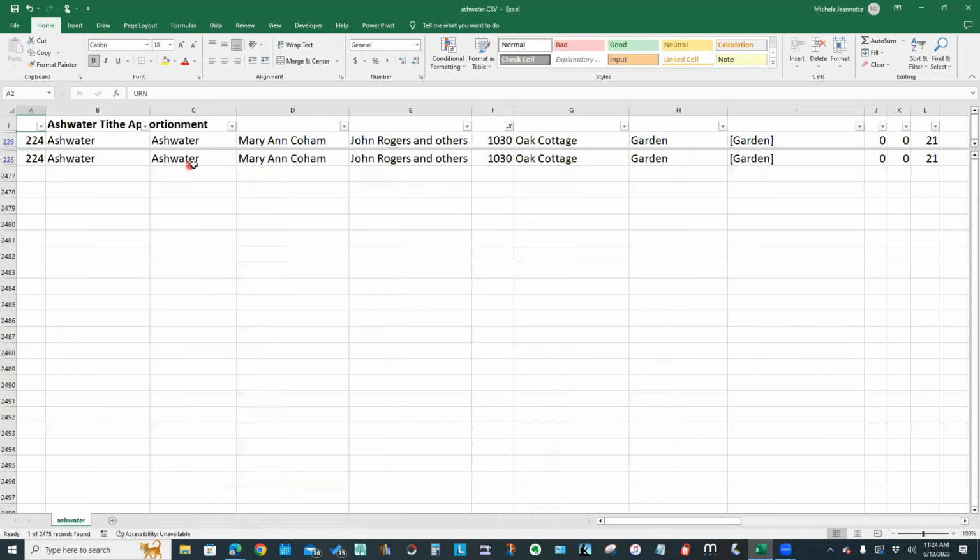So that is John Rogers and others. Marianne Cohen would be the owner, John Rogers and others the occupier. It's cottage and garden, and there's the size of the property. So again, very similar